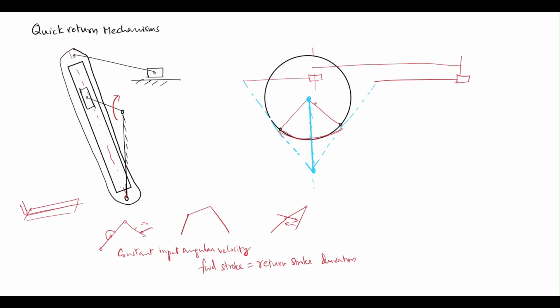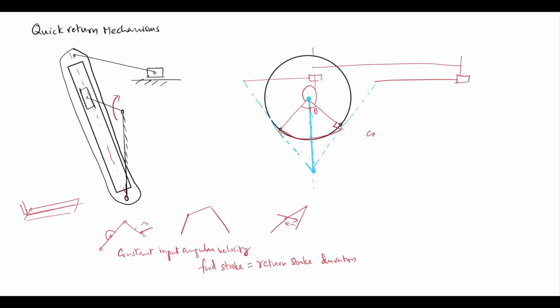The timing that we are interested in finding out is how much time it takes to cover this angle versus this angle. So the forward stroke gives the longer duration. If we see this is a tangent, then this is simply 90 degrees. So if we want to find this angle, let's say the half angle is theta,